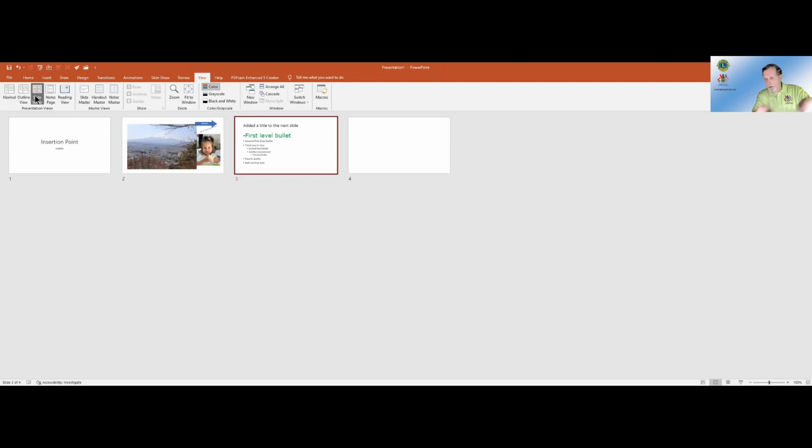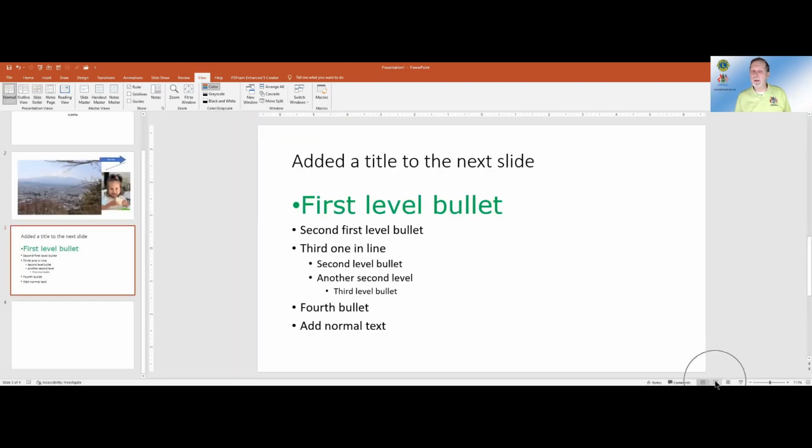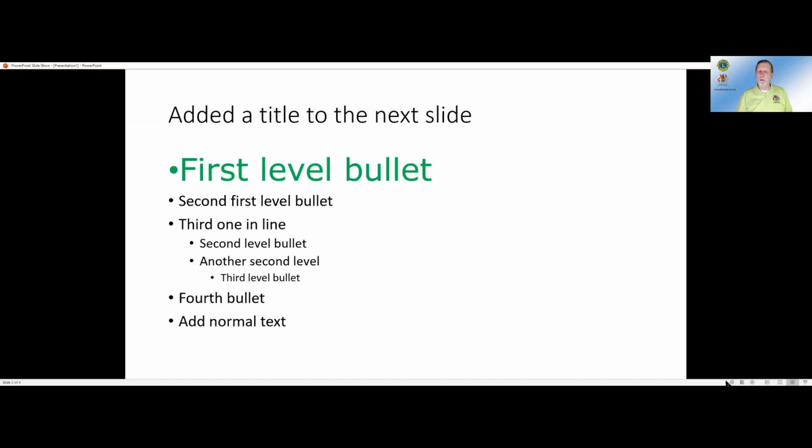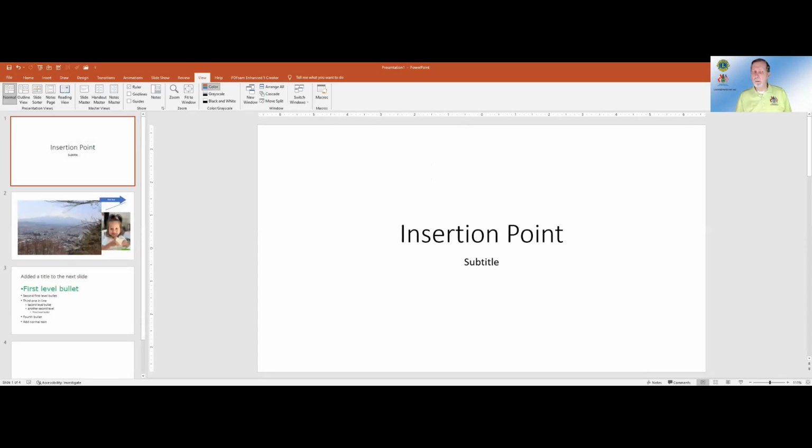Let me also point out, down at the very bottom right-hand corner, in what is called the toolbar at the very bottom, I can return to my normal view. I can return to the slide sorter view down here. And I've also got this reading view. So now we get an idea of what it's going to look like when you actually do the presentation, what your audience is going to see. Now that I'm active in my reading view, I'm going to return to my normal view.